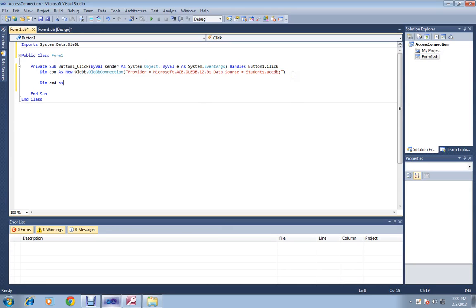Dim cmd as new OleDb.OleDbCommand. cmd is equal to new OleDbCommand.